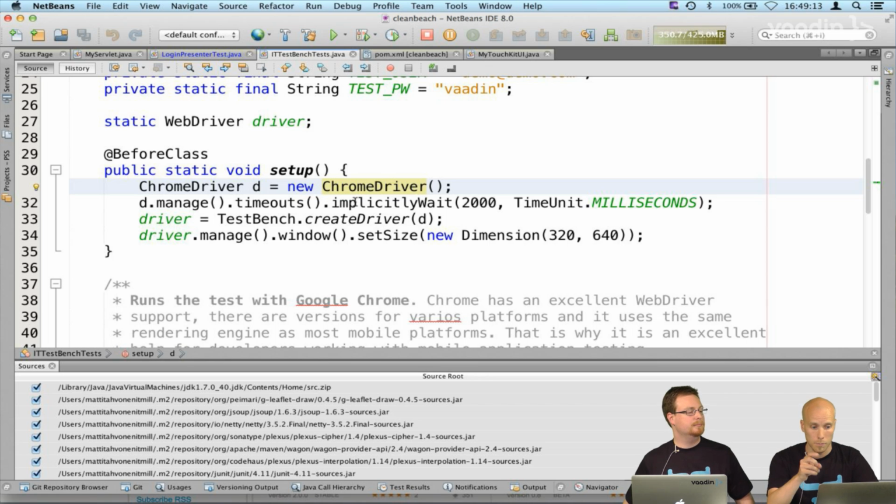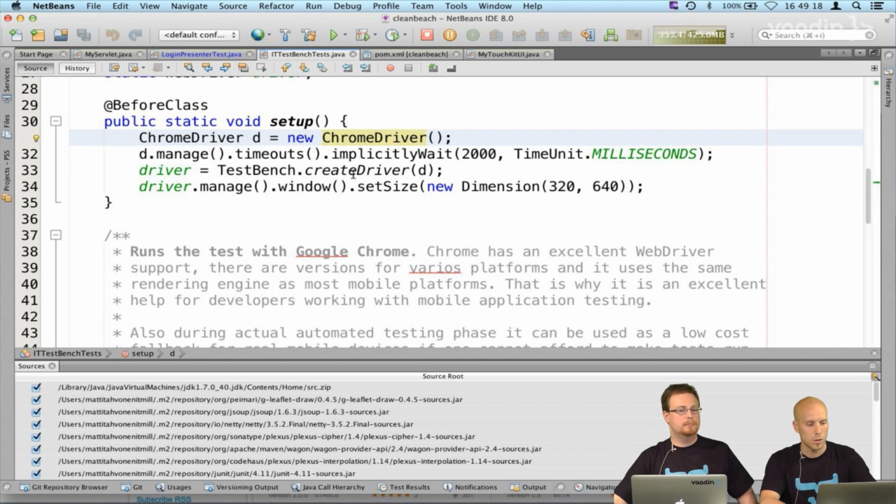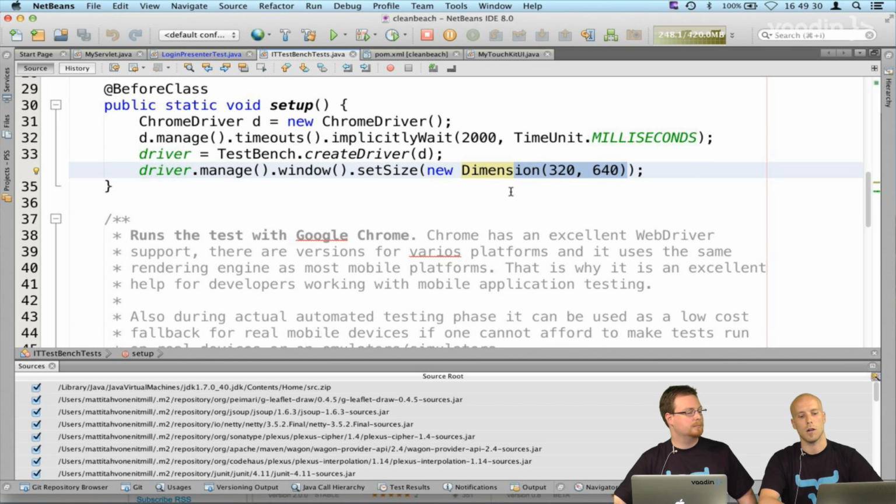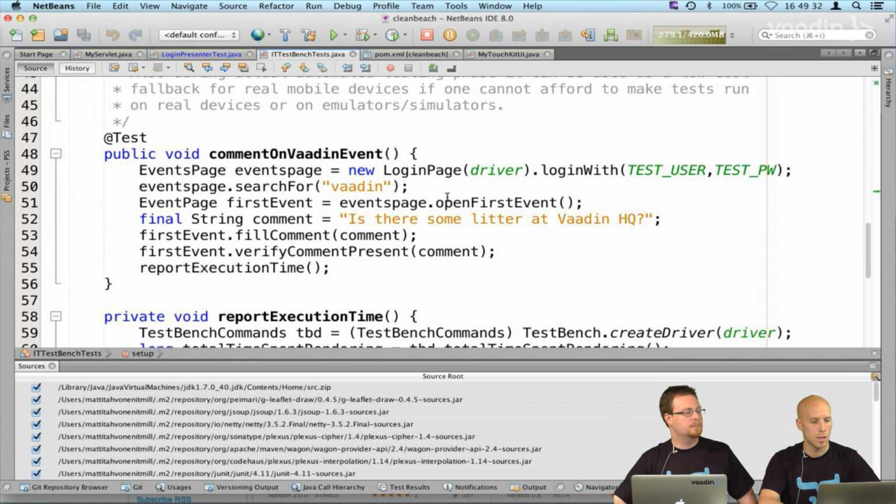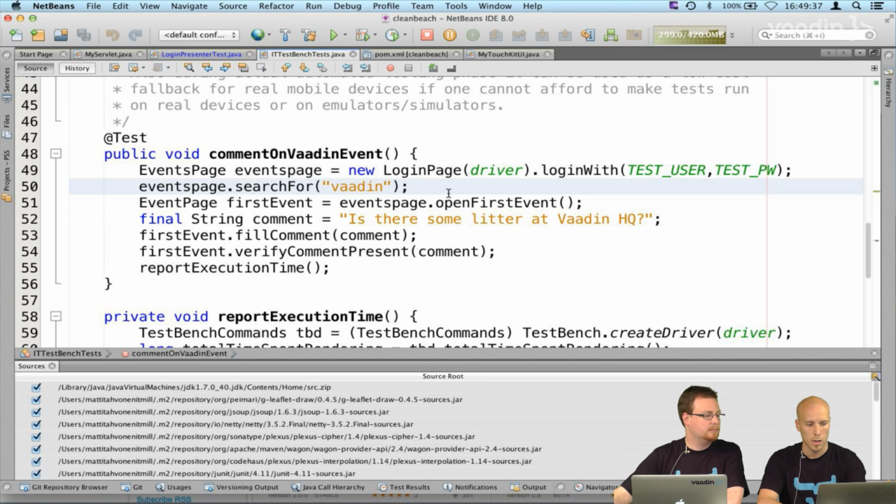Now you can see what happens. In the setup phase, I prepare this driver, which is our Java API to the browser, and then do some setup, like setting the screen size to something more relevant for mobile devices. Then I have refactored the test so that you can actually read what it says and follow the code.